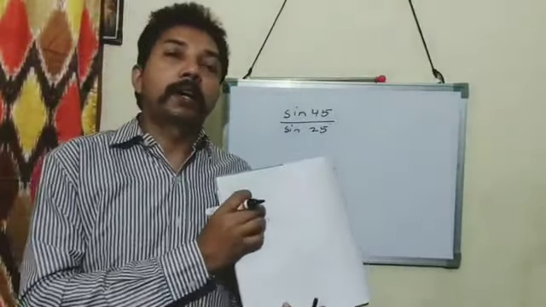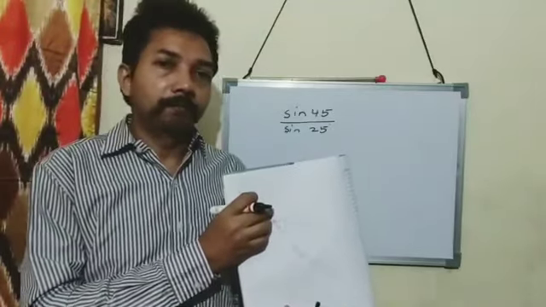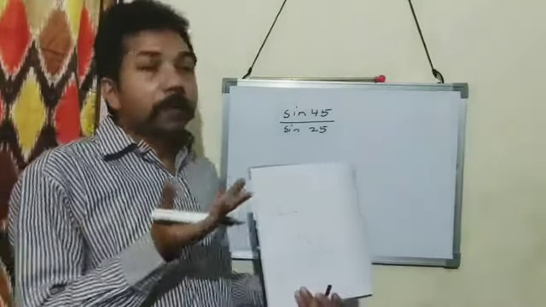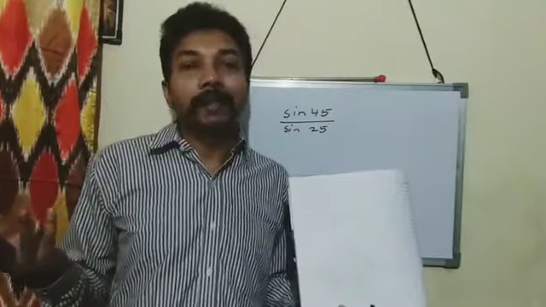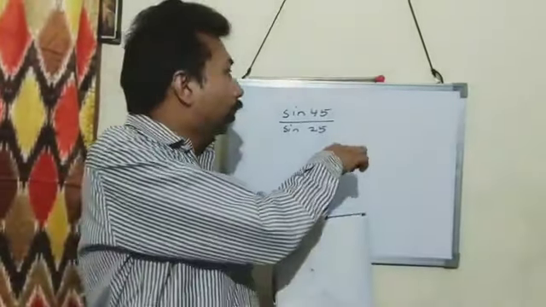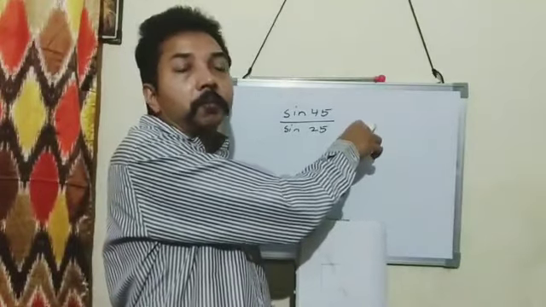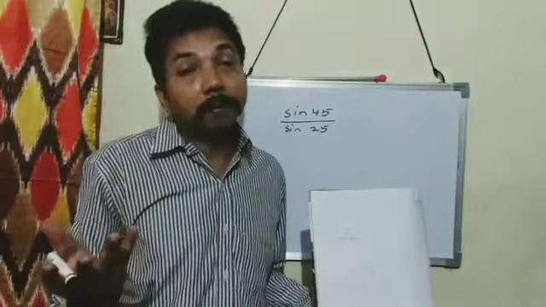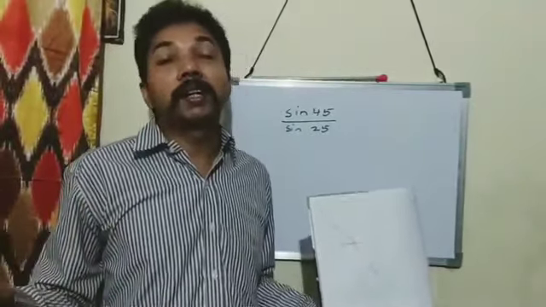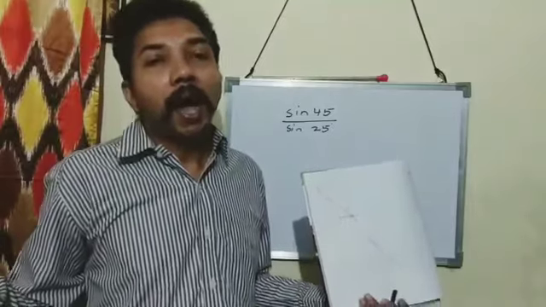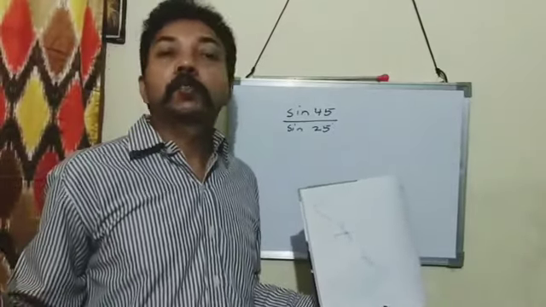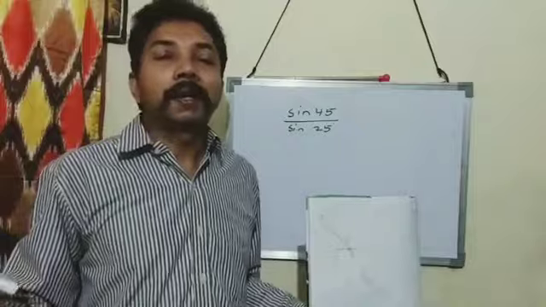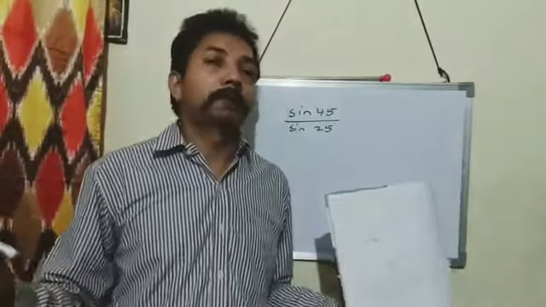Suppose that we make the angle of incidence as 30 degree. Then we will get another angle of refraction, like 18 degree. Then when we calculate the ratio sine 30 upon sine 18, that will also come as the same value as we have got earlier. Which shows that the sine of angle of incidence bears a constant ratio to the sine of angle of refraction. This constant ratio is called the refractive index. So this is the experimental verification of laws of refraction of light.